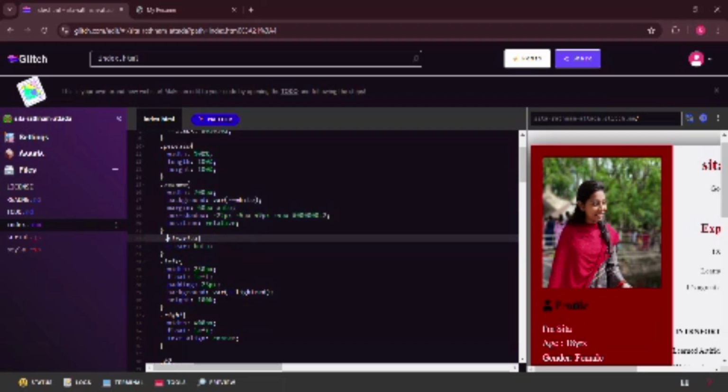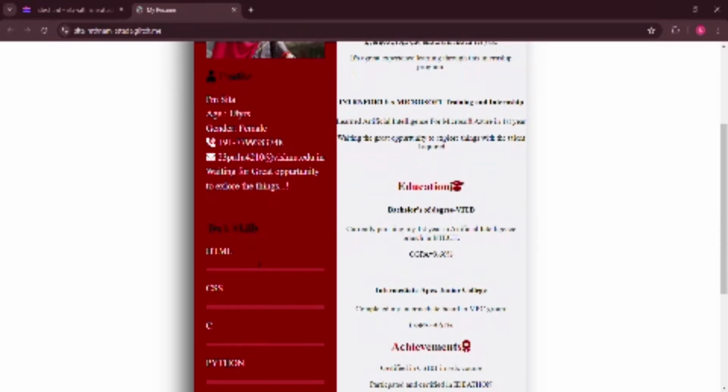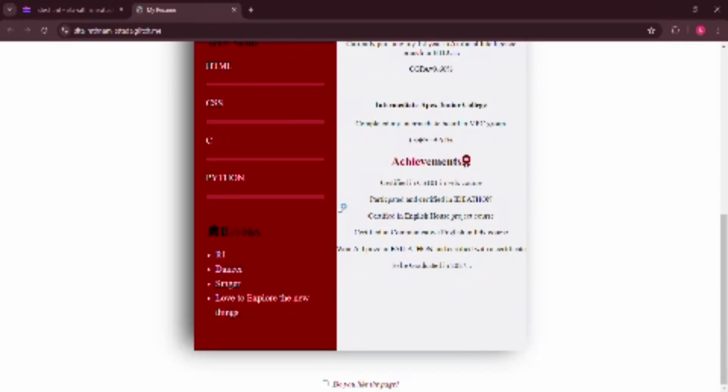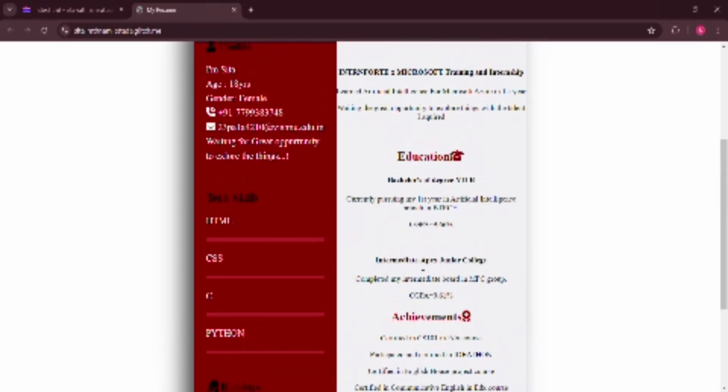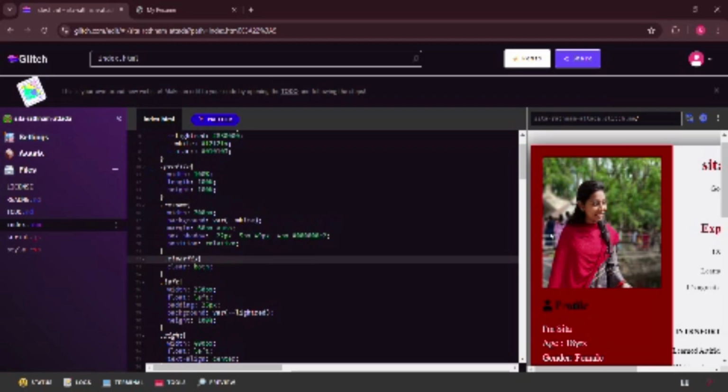which is used to clear the floated child elements from the parent element. As you all know that this is the child element and the white color right section belongs to the parent element. I kept it float on the parent element. If I remove the red color, it all appears in the white color, both left and right sections